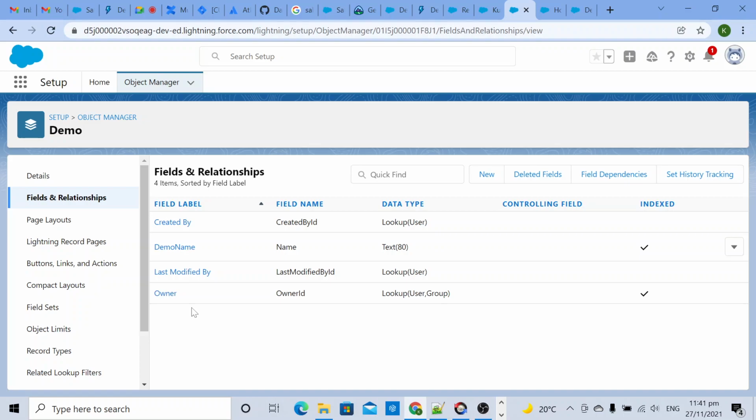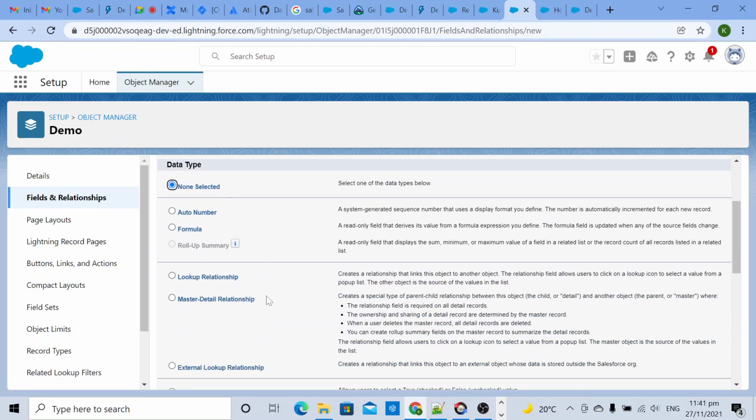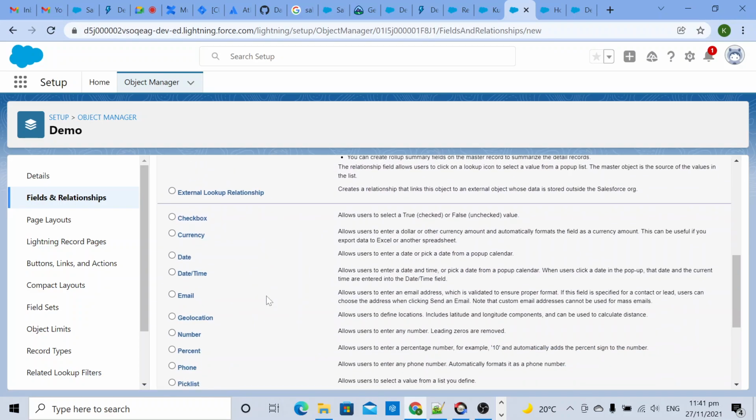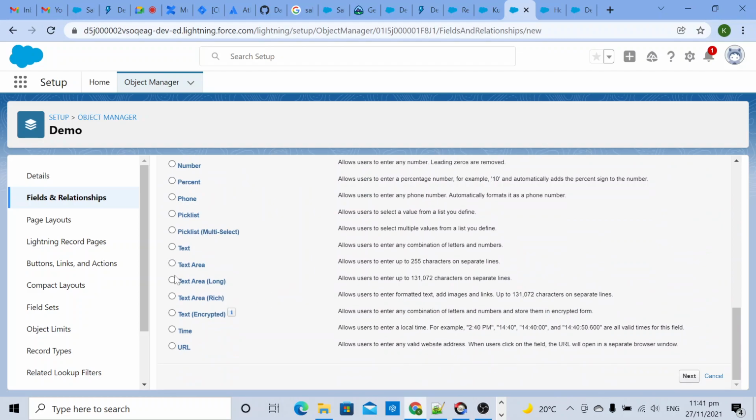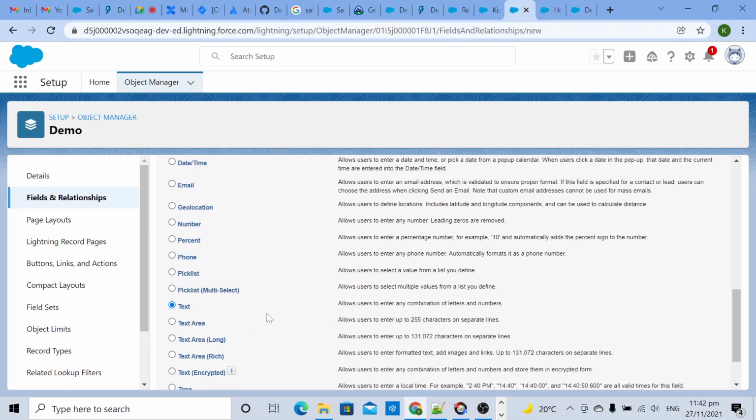Now if you want to add more columns or more attributes, what you need to do is click new, and it will ask what kind of field you want to add. I want to add something like text only, or maybe string, but it's text only.